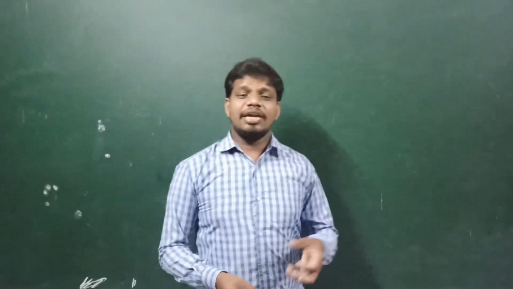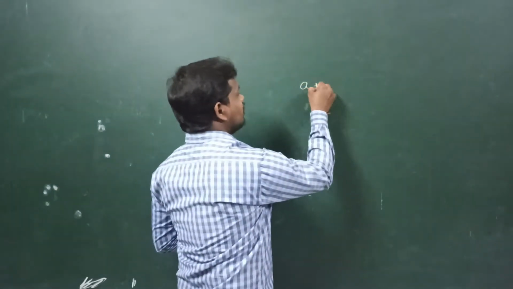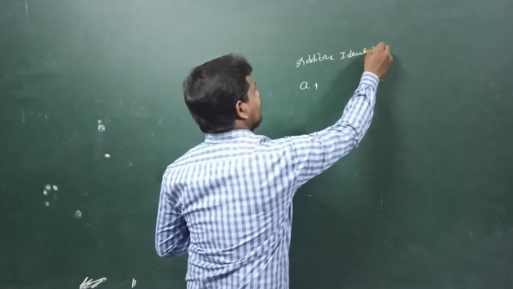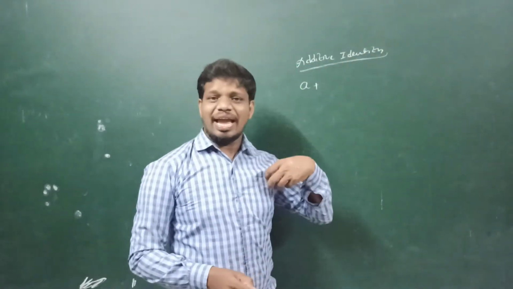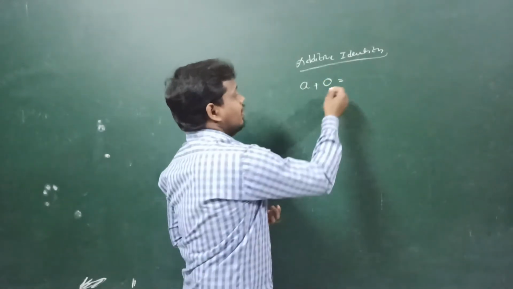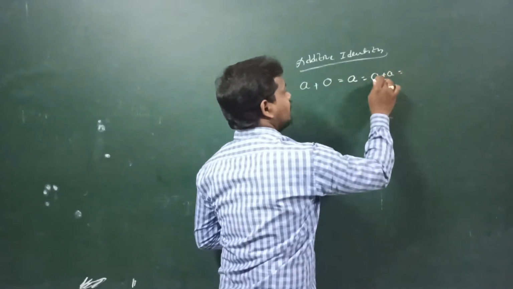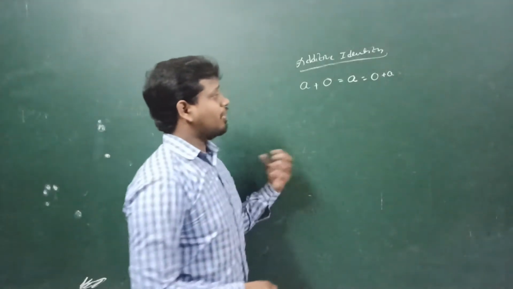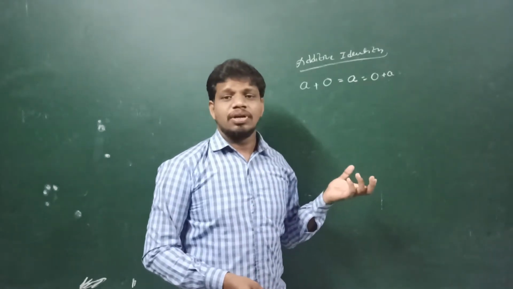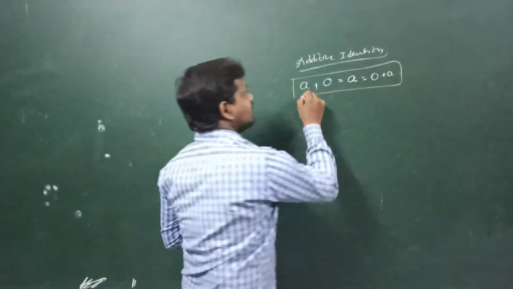So, do you know children what is meant by additive identity? So for example, a is a rational number. So here we are going to discuss additive identity. Okay. So a is a rational number, and if we add 0 to a, it gives a. Or if we add a to 0 or 0 to a, it gives a only. Means if we add any number to 0, it gives the same number, then that property we call it as additive